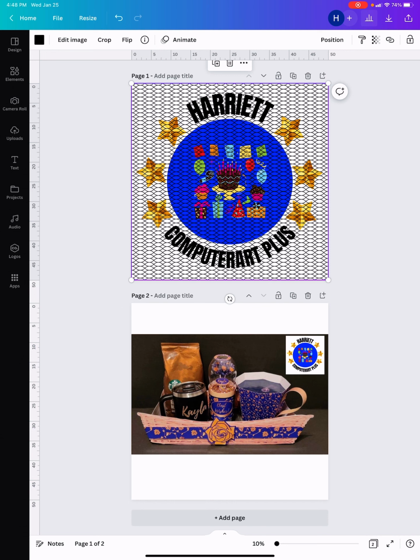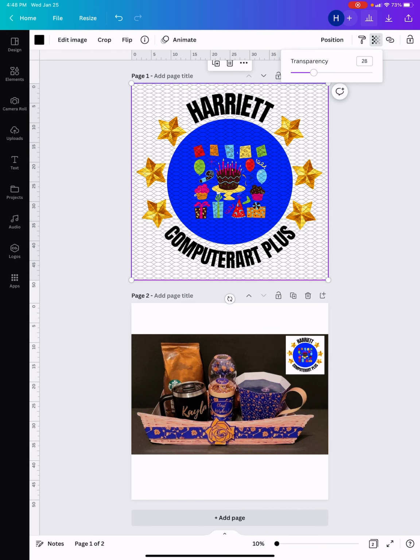They could still see the design through here, but if you wanted to make it transparent, you can tap on transparency and you can take that down so that it will still make the image basically unusable unless they want the watermark on there. Or you can have it where it's more bold by leaving it all the way up,